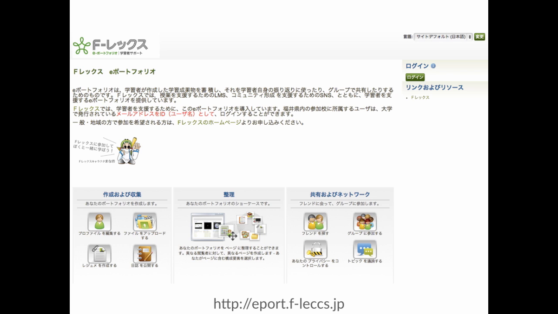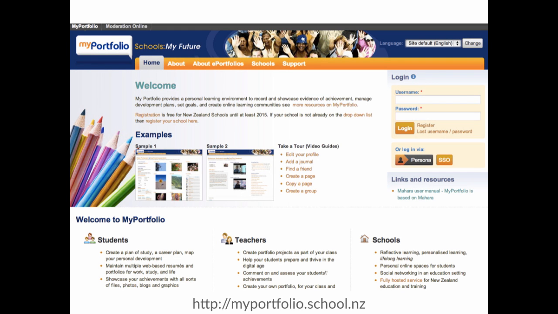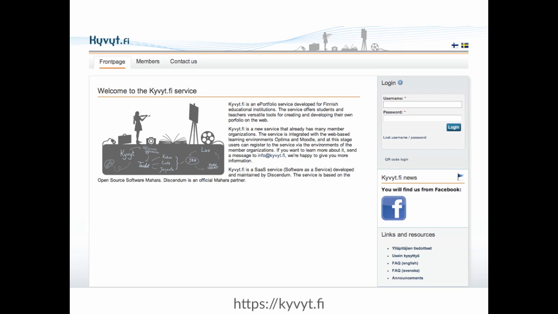But of course, Mahara is not just used in tertiary institutions in the States, in the UK, in continental Europe, in Australia, and in New Zealand, and many other countries, but it is also used in the school sector. For example, here in New Zealand, we have a multi-tenanted Mahara instance for any school in New Zealand that would like to connect to it. And that is myportfolio.school.nz. In Finland, there is also an instance that many educational institutions can connect to and use